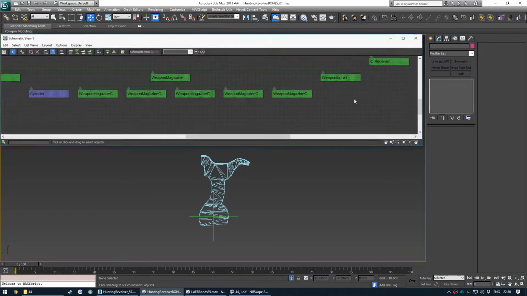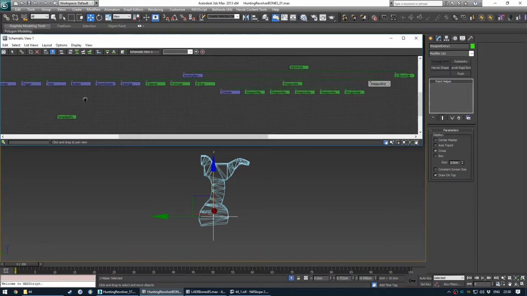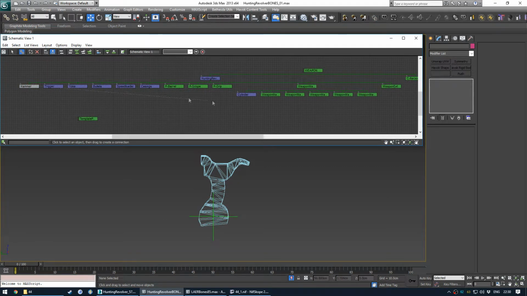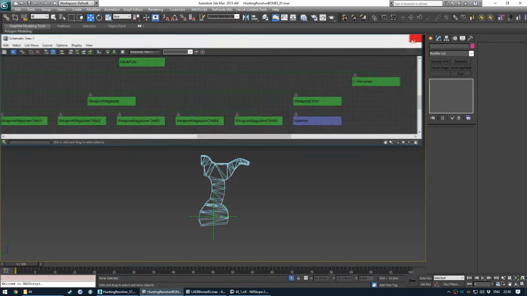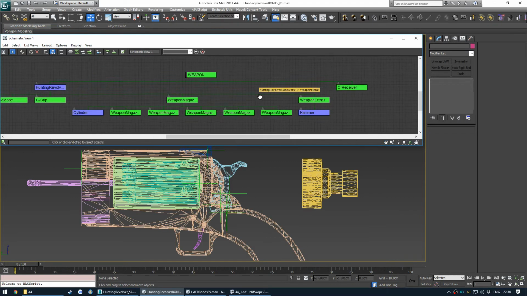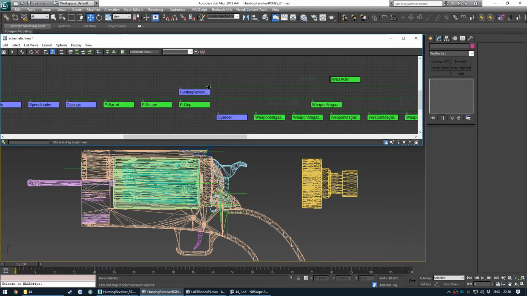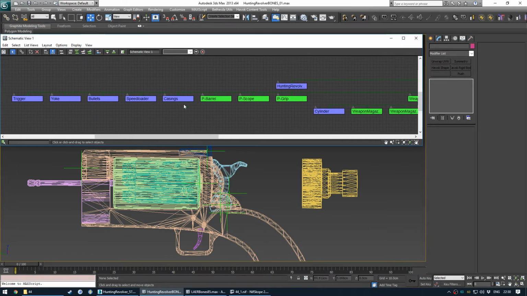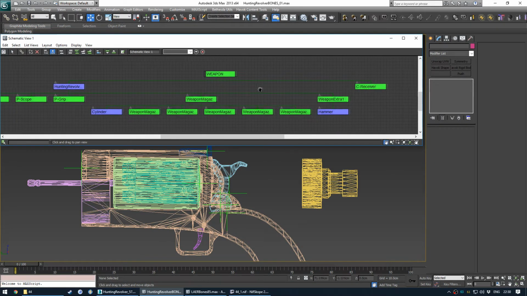If we close and reopen the schematic, it still didn't update. I'll just parent the hammer to the weapon extra 1, but usually resetting the schematic view refreshes the view, and basically the schematic view doesn't always show what's going on accurately in the scene,